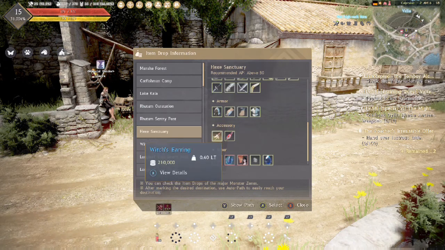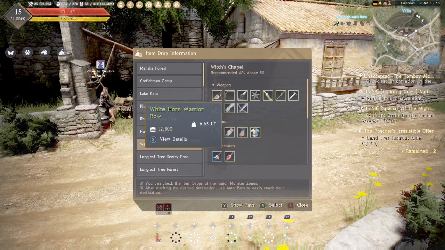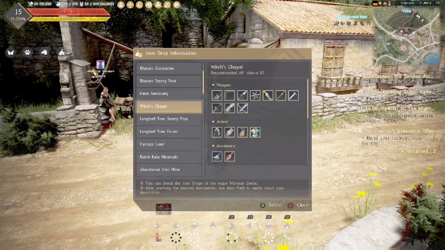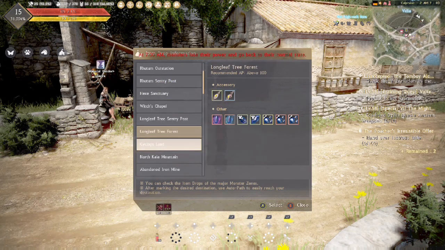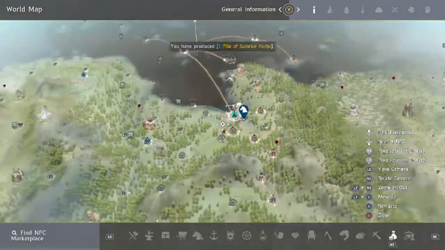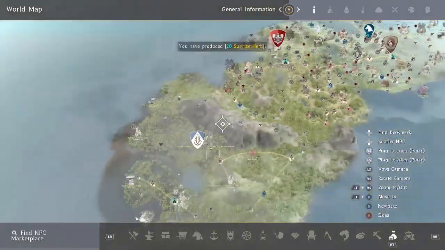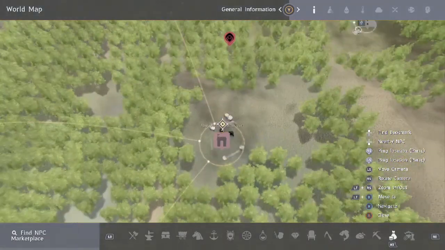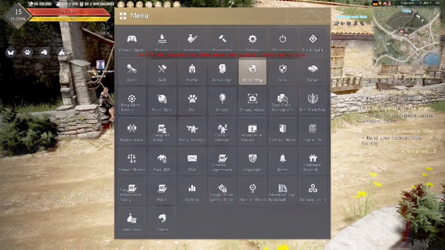Another good thing to do is use the item drop information just so you can see what drops where and how much AP usually you would need, which is really good if you're trying to farm certain gear, certain stats. You're trying to farm certain things. As you can see in the Hex area skeletons, that's where you get the Witch's earrings. Micro shadows, you get that